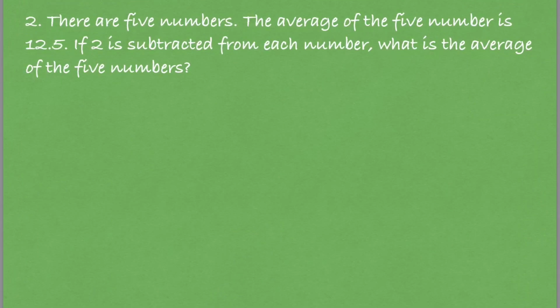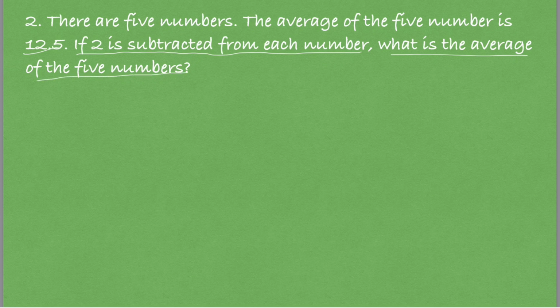Let's continue with the second question. There are 5 numbers. It means that we are going to find the sum and divide by 5. Then we are going to find the average. The average of these 5 numbers is 12.5. If 2 is subtracted from each number, what is the average of the 5 numbers? It means that number 1 plus number 2 plus number 3 plus number 4 plus number 5 divided by 5 gives 12.5. If we want to find the total value of these 5 numbers, let's say the total value of the numbers equals